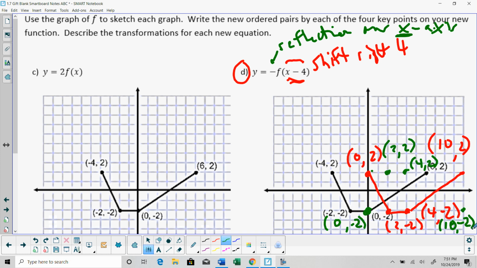So connecting these up, it looks like I have this segment going like this, and then over here like this, and then down here like this. So this final graph here, this is our final. Make it a little bit bolder. That is our final graph, and that's the result of shifting 4 units to the right and then reflecting over